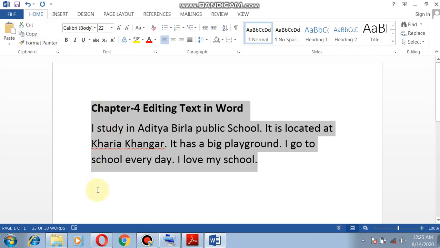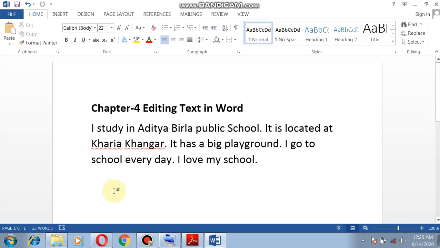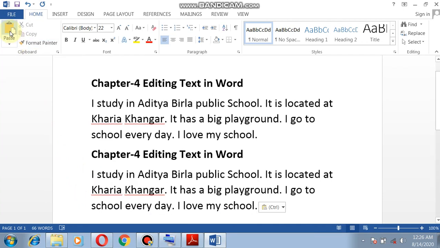Now we want to paste it, we want to write it again. So what we can do, bring your cursor here. Now whenever you are pasting the copied text, please take care of the position of the cursor. This is the wrong position. We want our text to appear in the next line, so it is necessary to bring our cursor to the next line, bring it to the correct location, before you press paste. Now you can see paste. This is the paste button. Click paste. You can see the entire text is pasted.